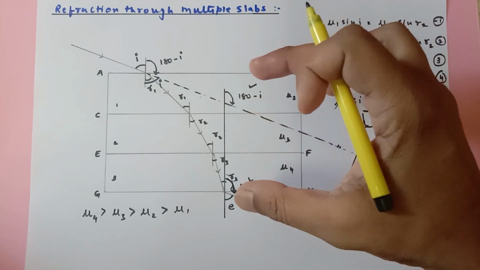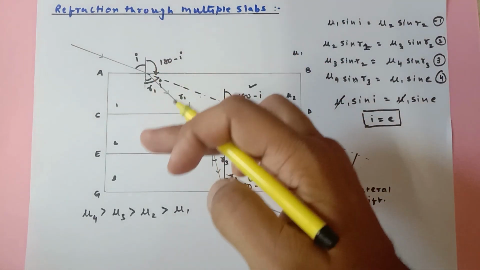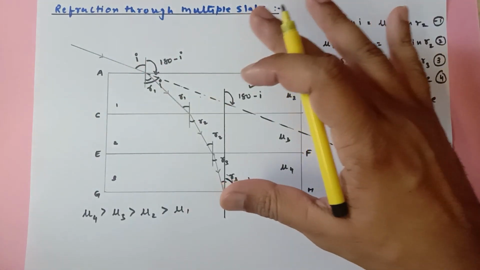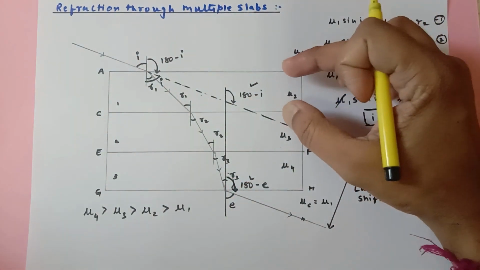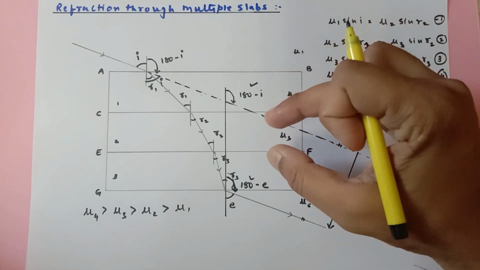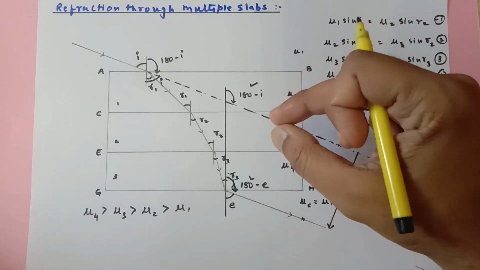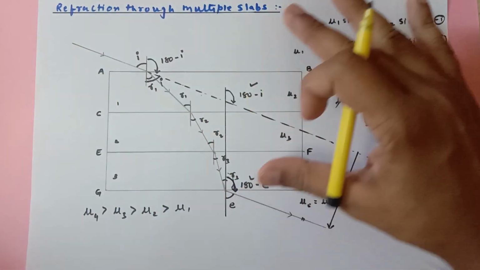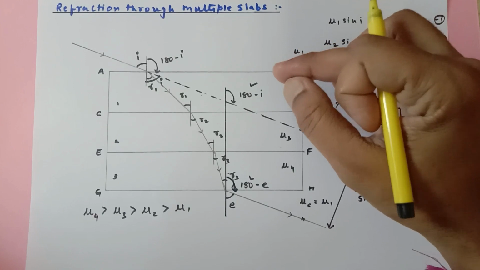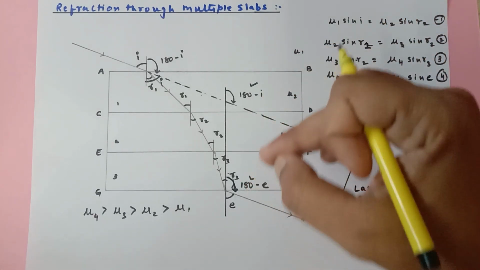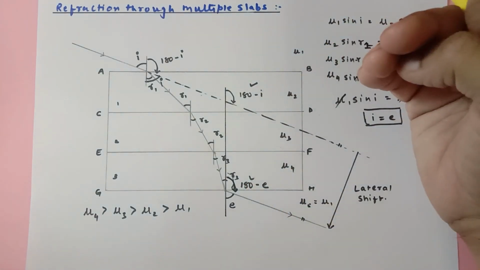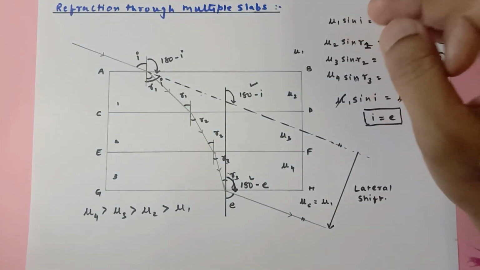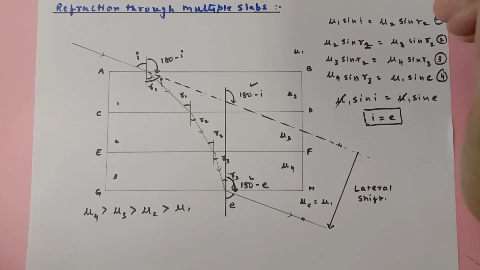This glass slab theory is not only applicable for 3 glass slabs. Even if you have 10 glass slabs, infinite glass slabs, it is going to work for all of them. The order of the refractive index of the glass slab does not matter over here. So if you arrange the glass slabs in increasing order or decreasing order or whichever manner you want, it is totally fine. This theory is applicable for any kind of given cases.